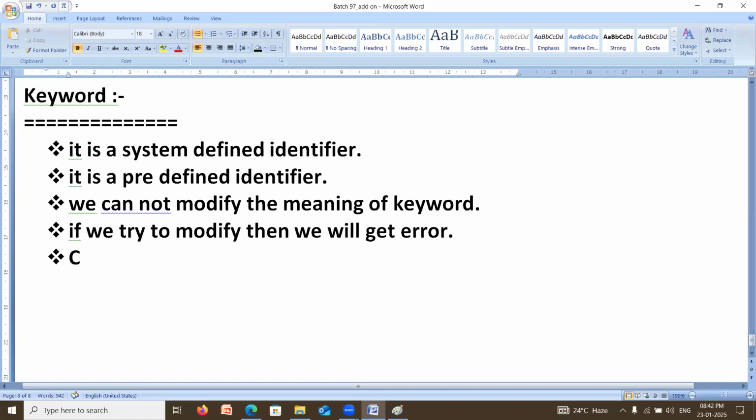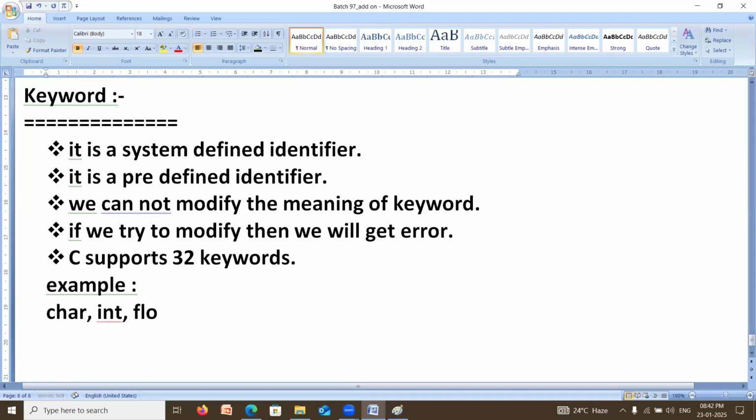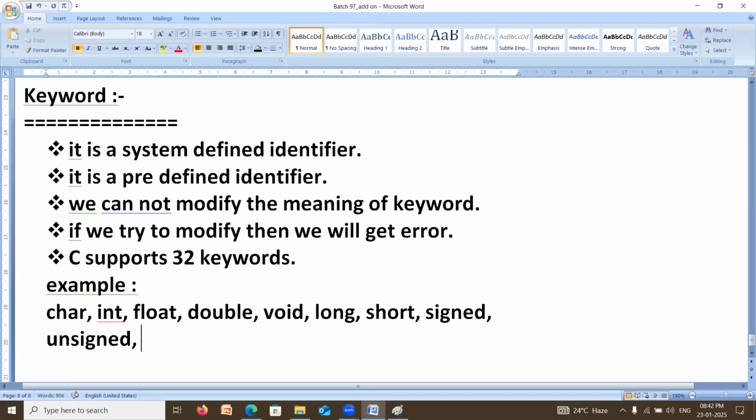In C language, there are 32 keywords. C supports 32 keywords. Example: char, int, float, double, void, long, short, signed, unsigned, sizeof,